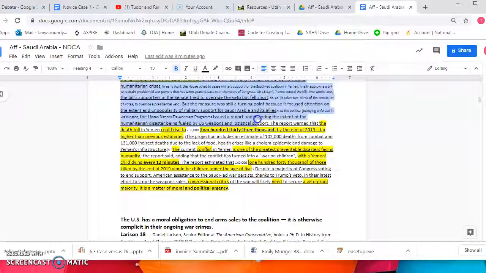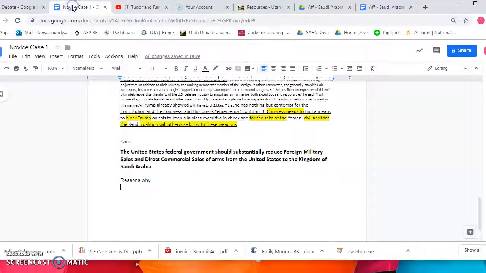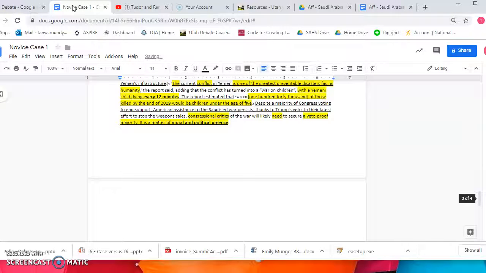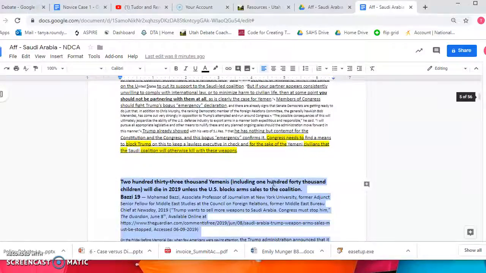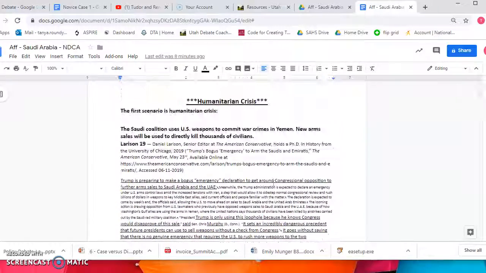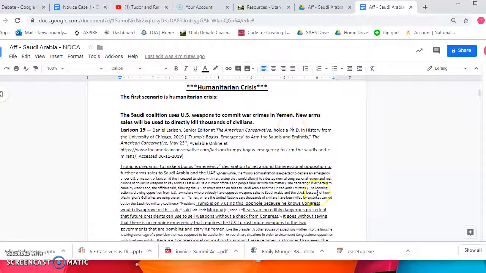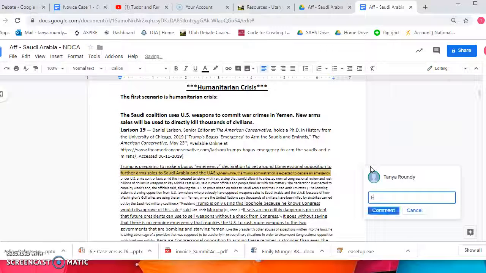Now, if I find something in another plan that I like for this plan, I can move it over here too. As long as it's in the Novice packet, I can use any evidence from anywhere to manipulate it where I want it. And I just move things around and have my kids go through and explain what those cards are doing. My kids have to read these cards and be able to say in their own words what it is they want. So off to the side, I'll make my kids explain